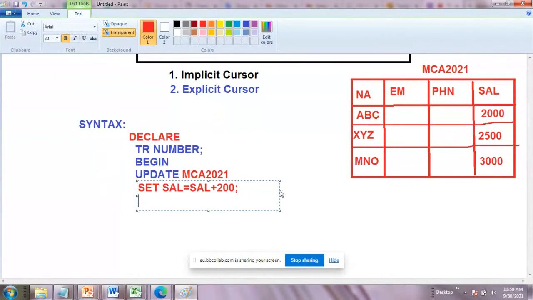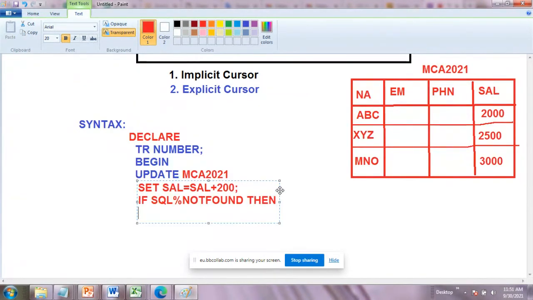If any record is affected, you can write IF SQL%NOTFOUND, then what will happen?